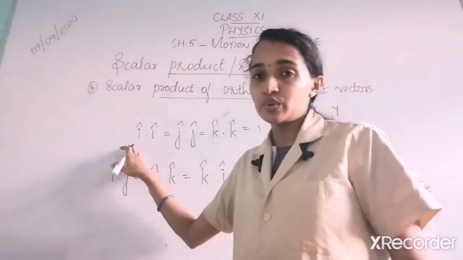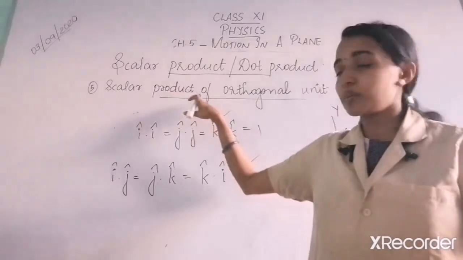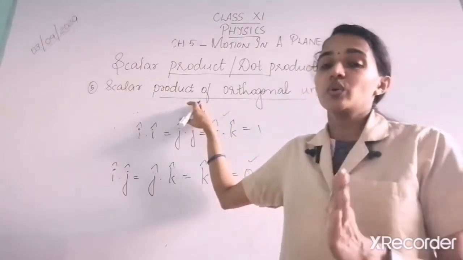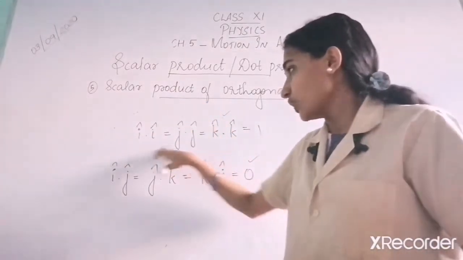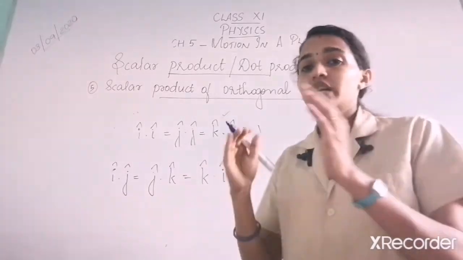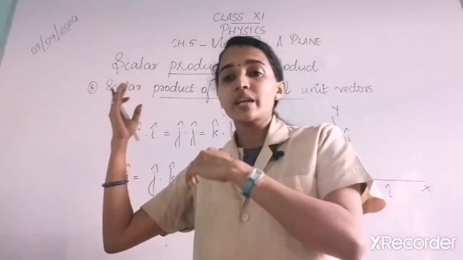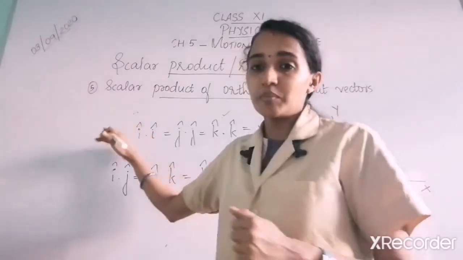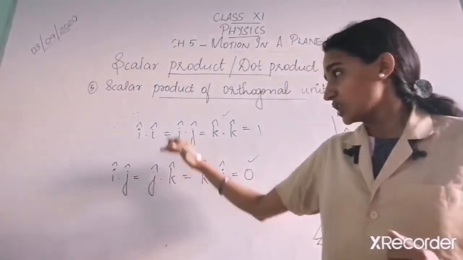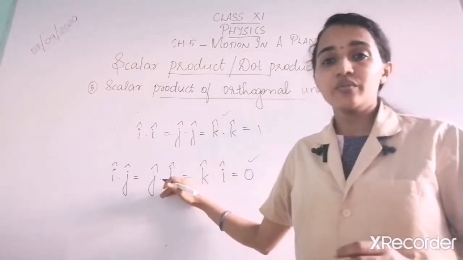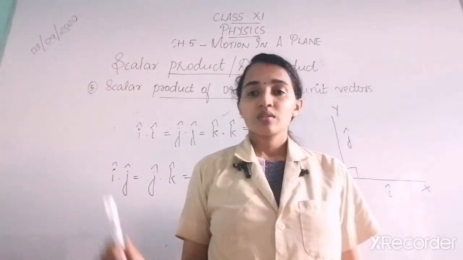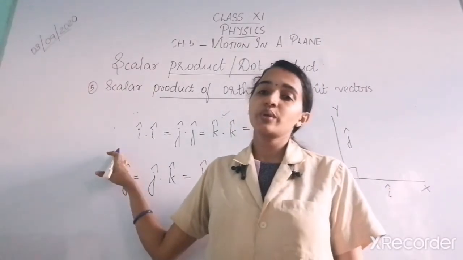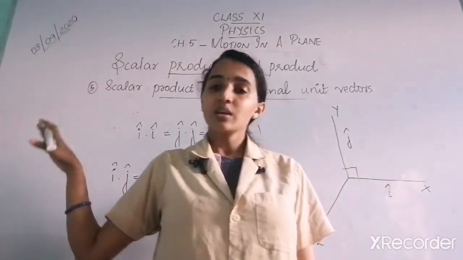Again, don't get confused. Only one section, that is scalar product, we have discussed here. When you come to the vector product, there also you are having some relations. Don't get confused with that. We will learn that there. So for the time being, remember these two equations or these 2 points properly, and we will see in the next class. So I am winding up today's portion here. We will see the vector product in the next class.